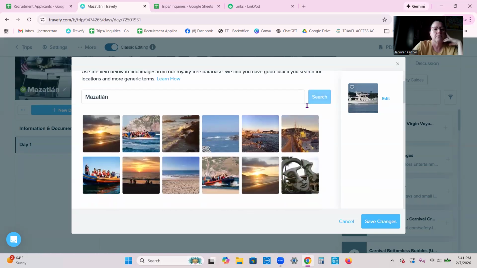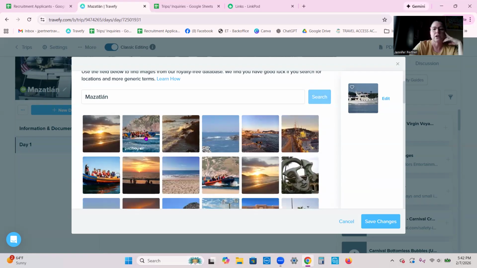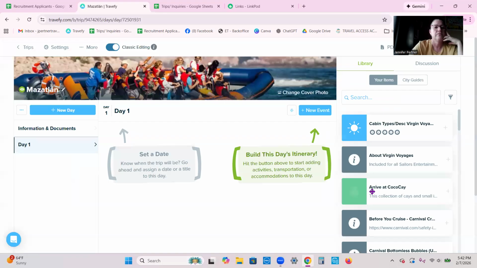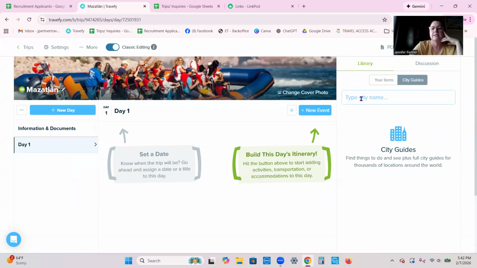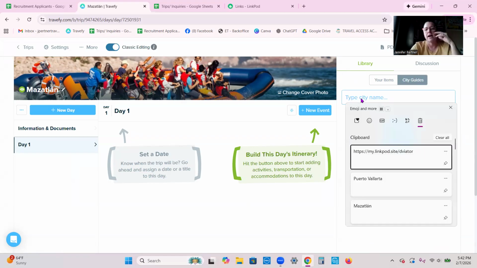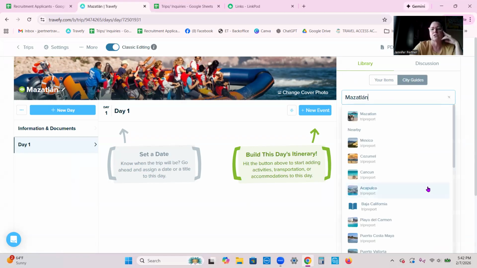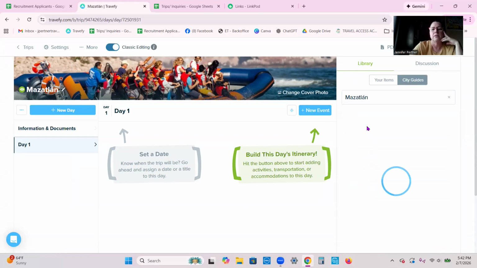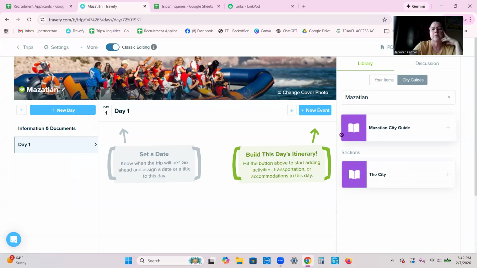And it looks like they do these fun little boat tours. So I think I'm going to pick one of those. Looks like a lot of fun. All right, then I'm going to come over here to City Guides. And again, I'm going to put that name in and search. And there's one right there. So I'm going to drag it. Okay, there we go. I'm going to drag it over